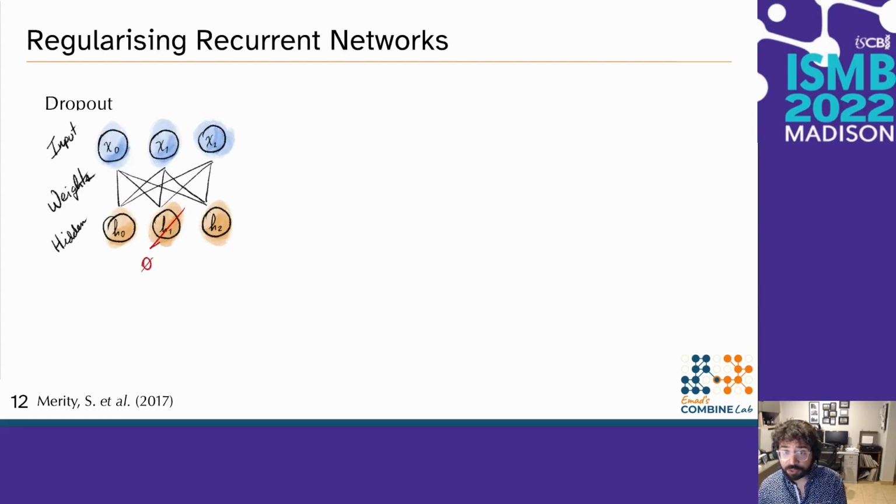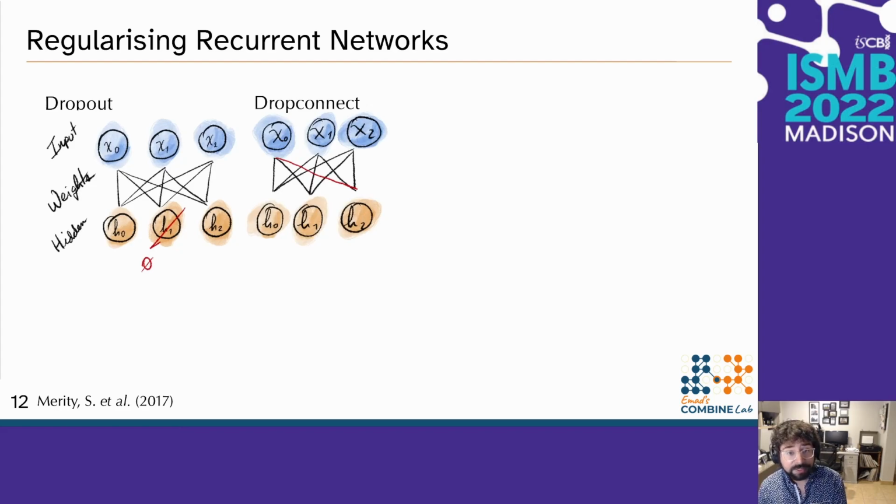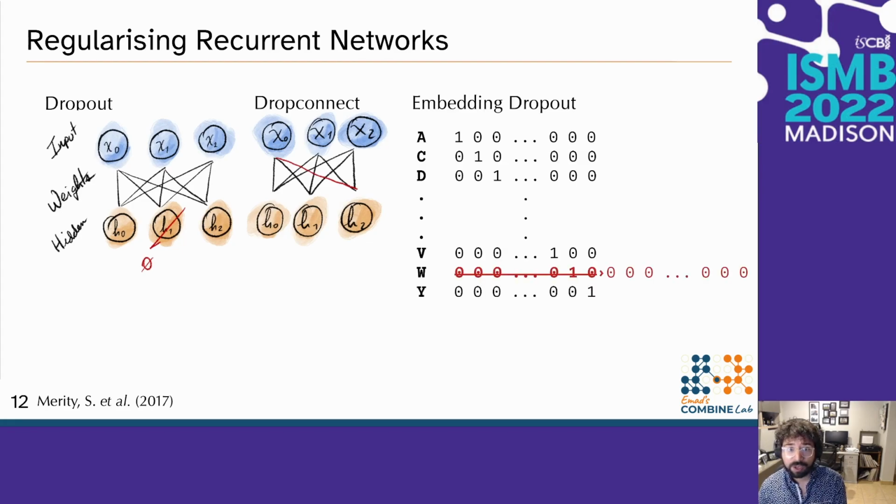Now, you may be familiar with dropout, which zeroes out neural network activations with a random probability. Dropout, however, has been found to severely degrade the ability of LSTMs to retain memory. To address this, we use DropConnect, which instead zeroes out weights in neural networks with some random probability. This has been shown to be a far more appropriate regularization for LSTM networks. We also use embedding dropout, which is a method whereby tokens are randomly zeroed out to help prevent models from becoming too fragile and placing too much importance on a single token.